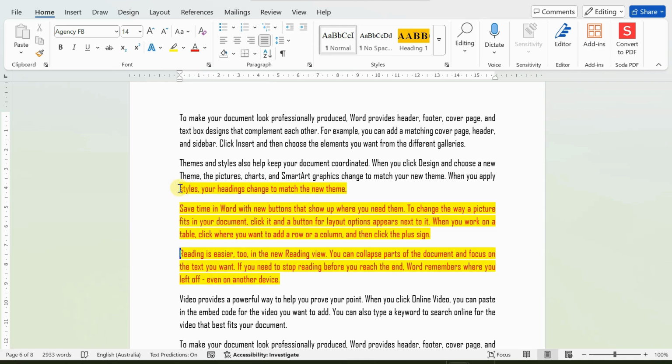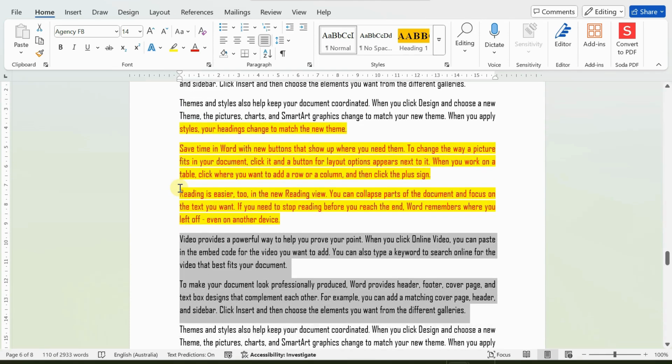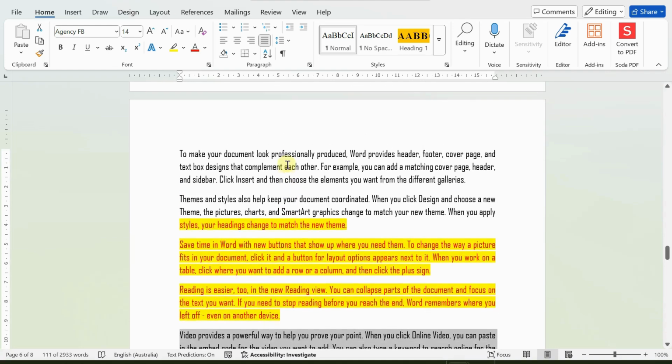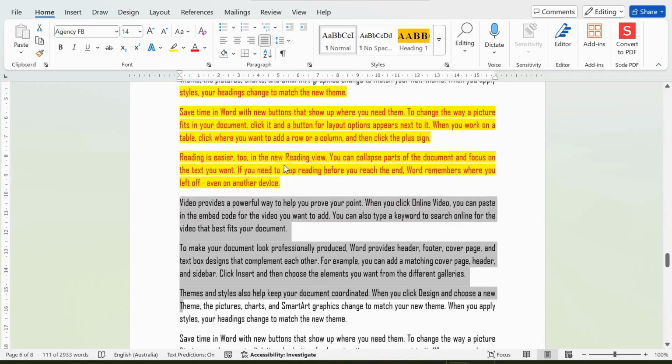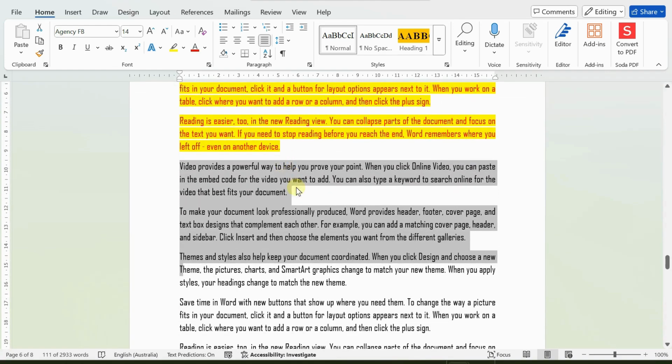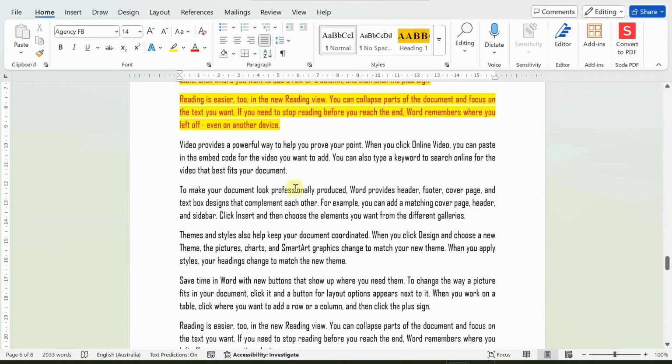So if I come here, I'm going to hold the shift and then press down or up or across, whichever way you want to select. So that's shift and arrow keys is one way to select a particular paragraph. The other fastest way, most people don't really use it, but it's very handy, is